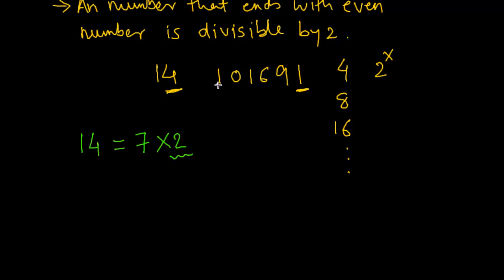And why this won't be divisible by 2 is because when you write its standard form, that is, when you represent it as a multiple of its prime factors, you won't be able to find 2 in it. Say suppose 37. Now 37 itself is a prime number, so you won't be able to divide it by 2 because obviously 2 won't be its factor. Let us say 33. Its unit place is 3, and this number won't be divisible by 2. Why? Because 3 into 11 is 33, and in standard form it really does not have any 2.